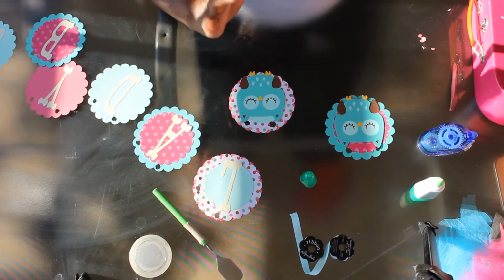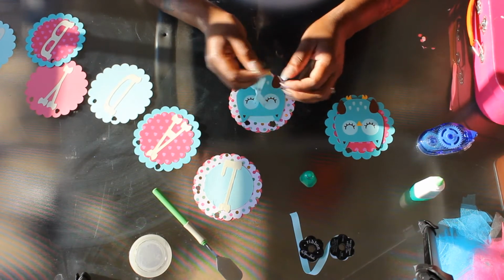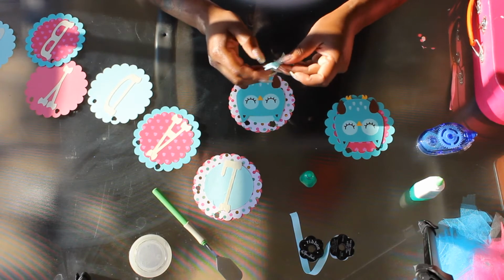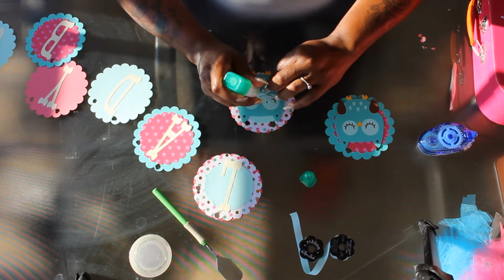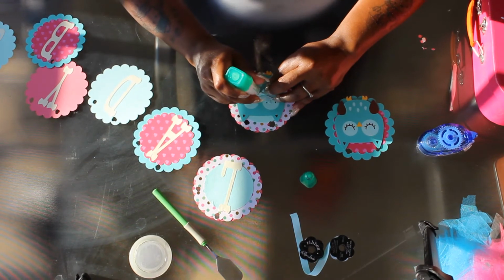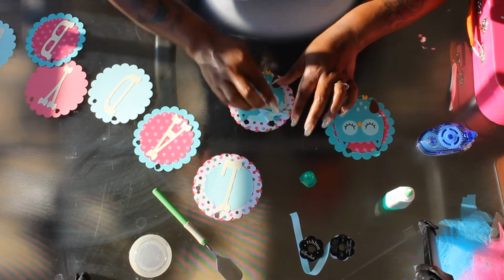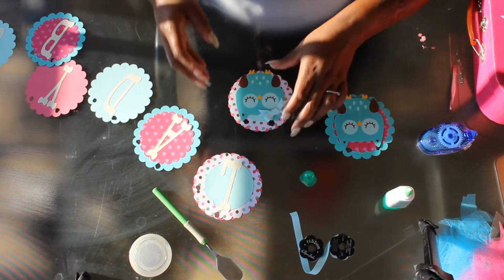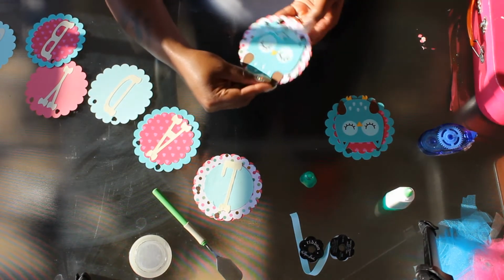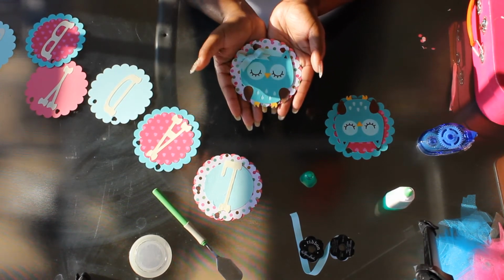And then if you want to, this is optional, you don't have to. I did these 2 little bows I thought would be super cute on my owls. What you can do is, I would put it down with hot glue, but right now I don't have my gun in front of me. But you can put a little dab of hot glue or any kind of glue that you have in front of you. And I thought that would be super cute to add 2 little bows. I don't know if you can see it, but